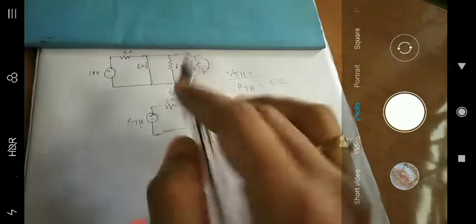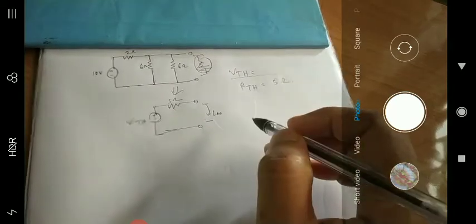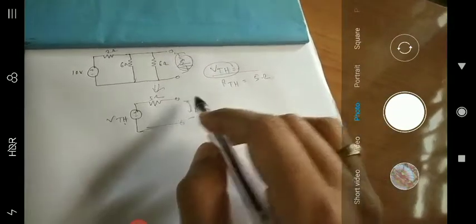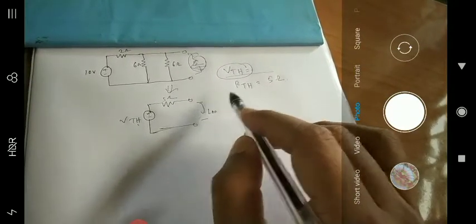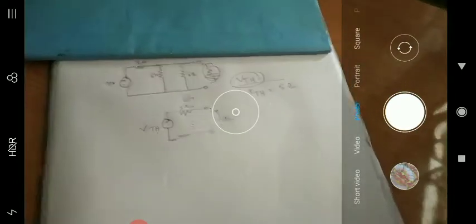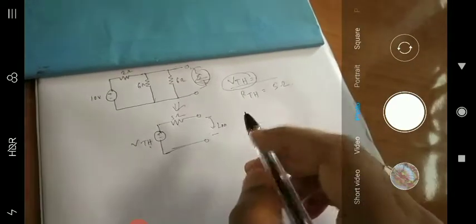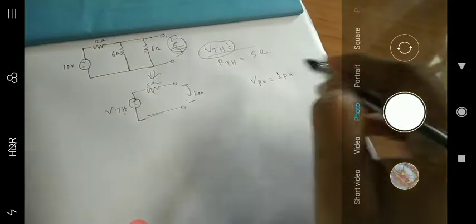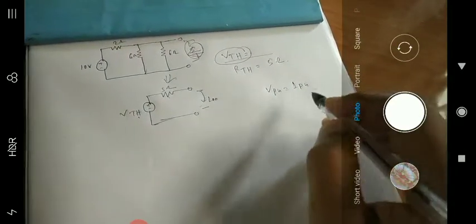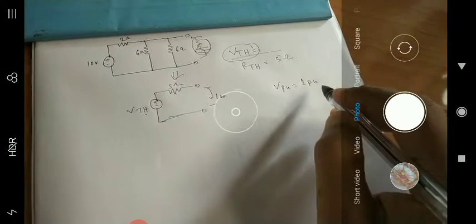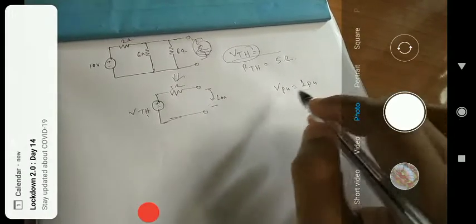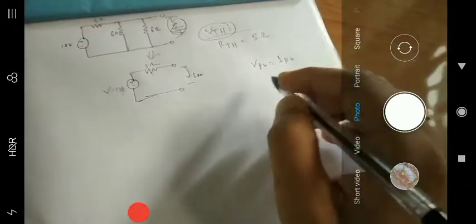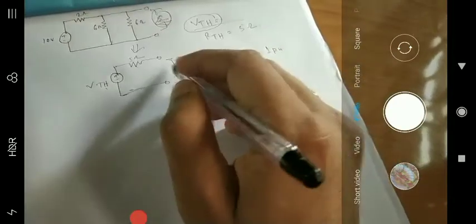The similar concept is what we use in our power system analysis also, but in power system we are not calculating VTH, because in power system the entire network, at every point, every bus, always tries to maintain the voltage level at 1 per unit. Strictly speaking, it is not always 1 per unit. Generally it is slightly less than 1 PU, but we have assumed it to be 1 per unit. So 1 per unit VPU, and what is the load you are connecting?